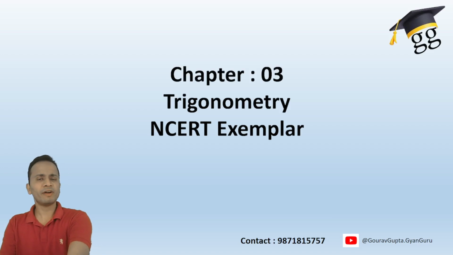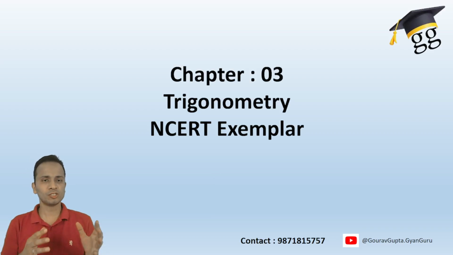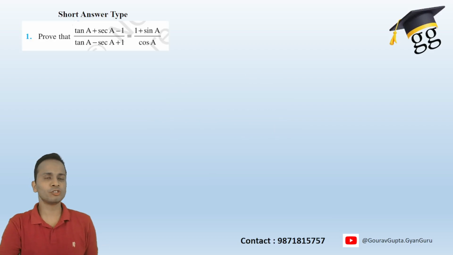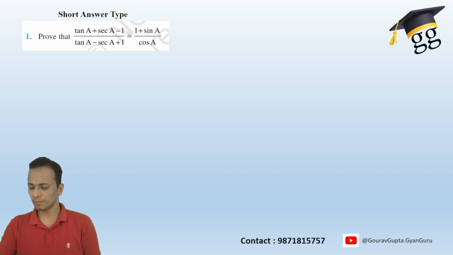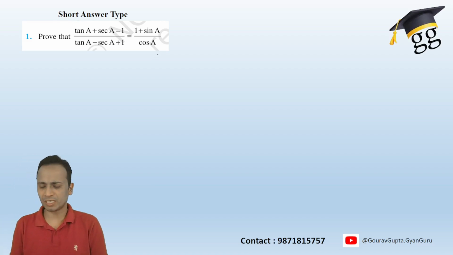Now I will divide the entire exercise into different parts because there are so many questions, and I don't want to make a very long video. So I will divide the questions in the exercise into 3 or 4 different parts. Today we are going to discuss the first few questions, which are of short answer type. Though it says they are of short answer type, actually they are not. Some of them are pretty lengthy to prove. So let's quickly start without wasting any time